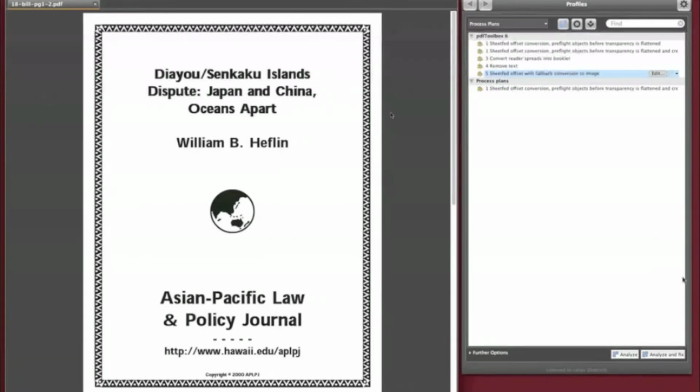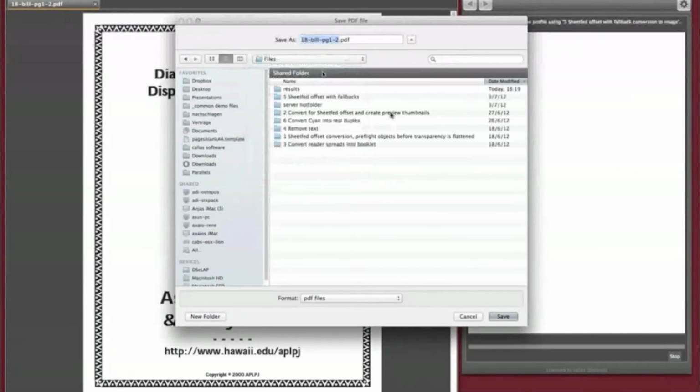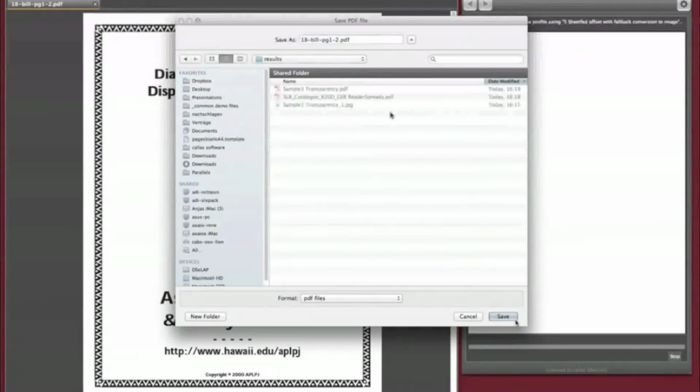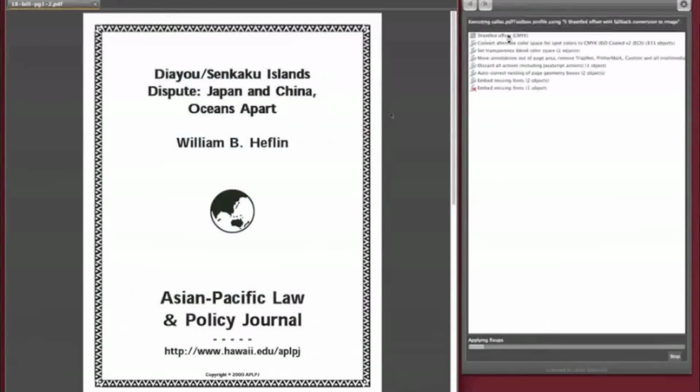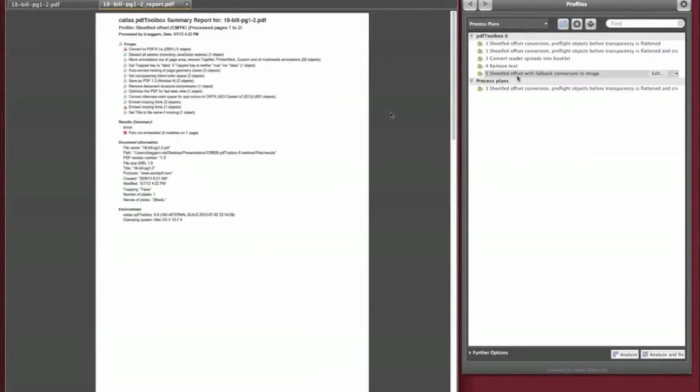And let's just do that. So analyze and fix me the file, and save me the result into the results folder. And it now first applies the profile. It already tells me, okay, there's a problem with the font. One font couldn't be embedded, so there is a check that gives me an error, font not embedded, and then a mask report is created, and then pages are converted into an image, and finally the profile has